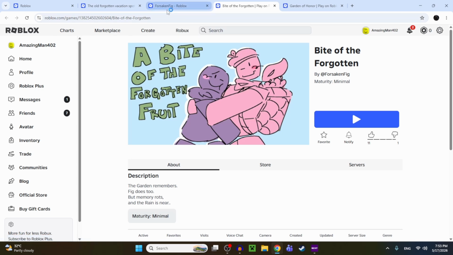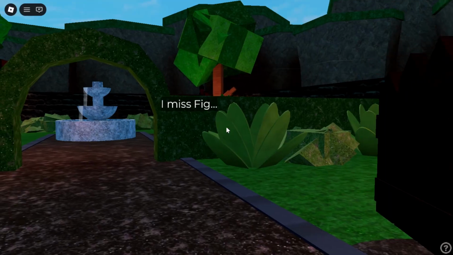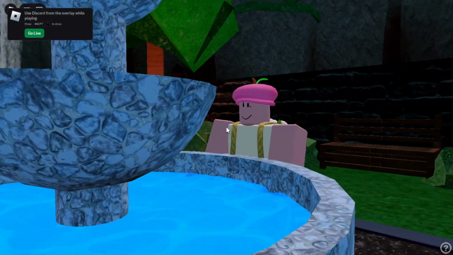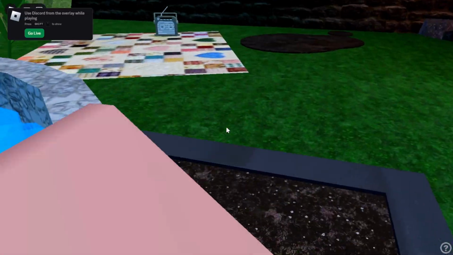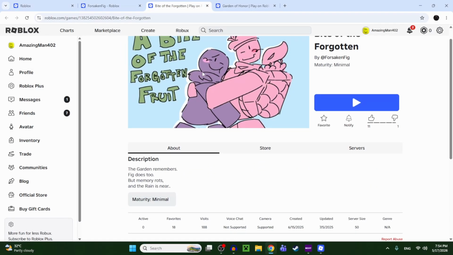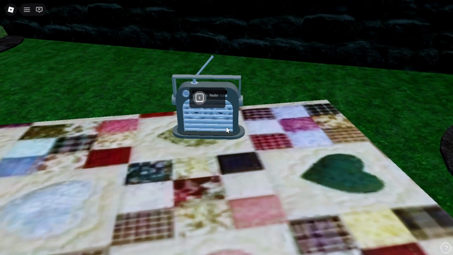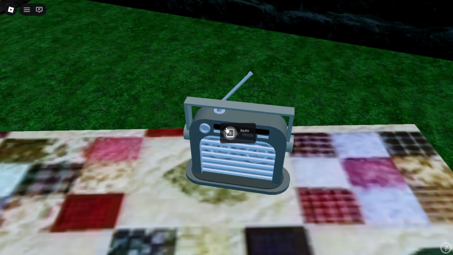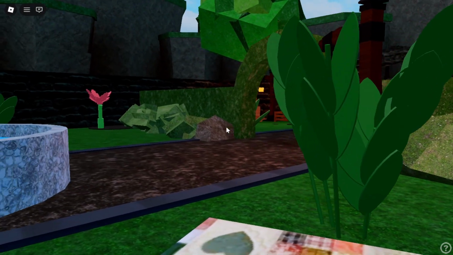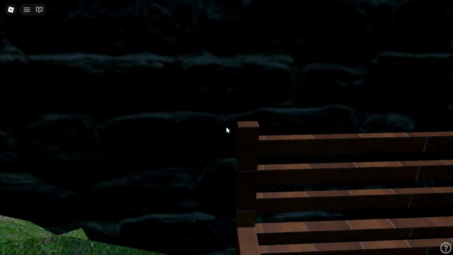This is something I just randomly came across. Another circle around the garden. I miss Fig. Hello there, General Kenobi. What are you doing? It says, you met Fig. You miss Fig. Radio. Okay. I mean, hey, this would be a pretty romantic place, huh? Except you're alone, huh? So that sucks.